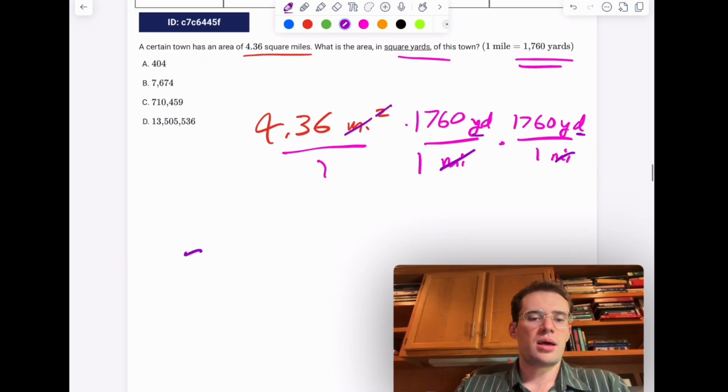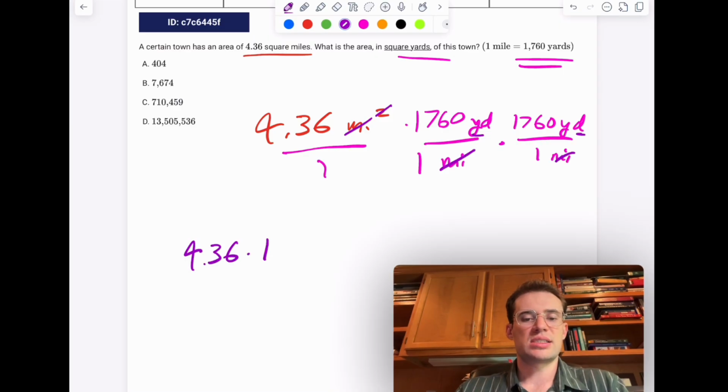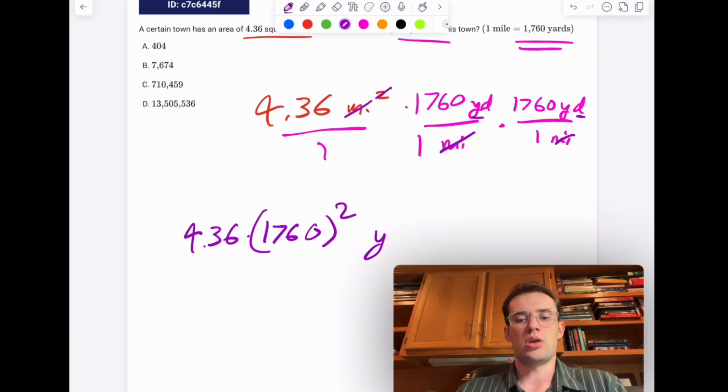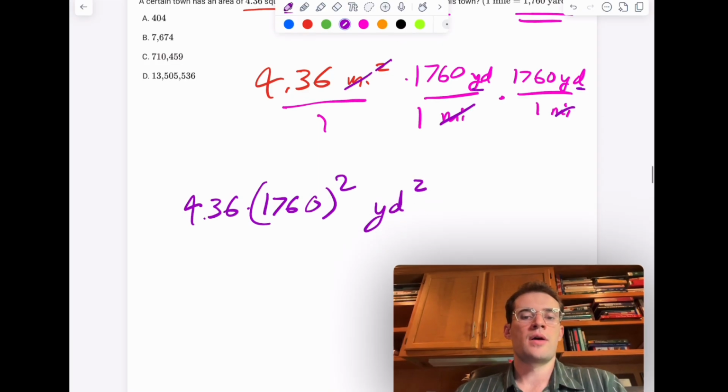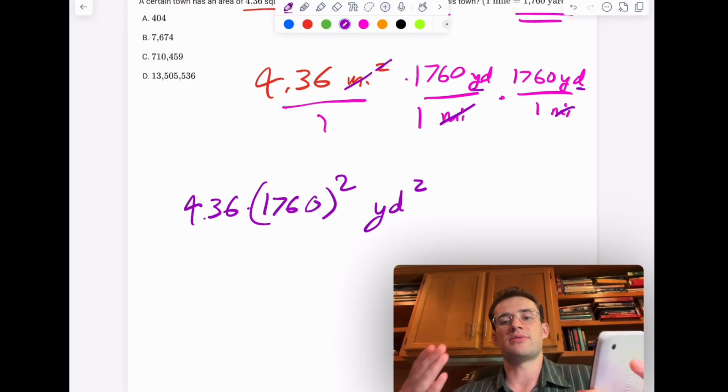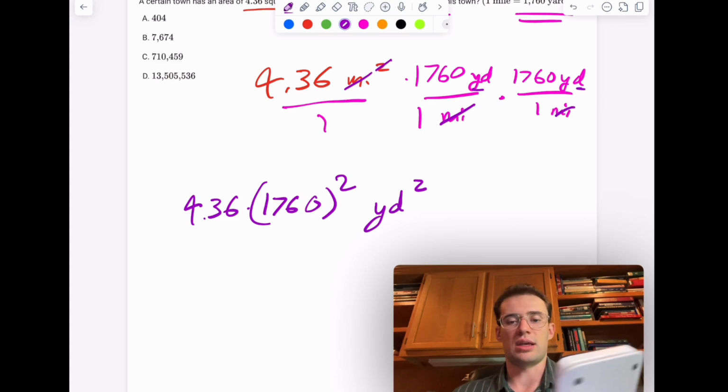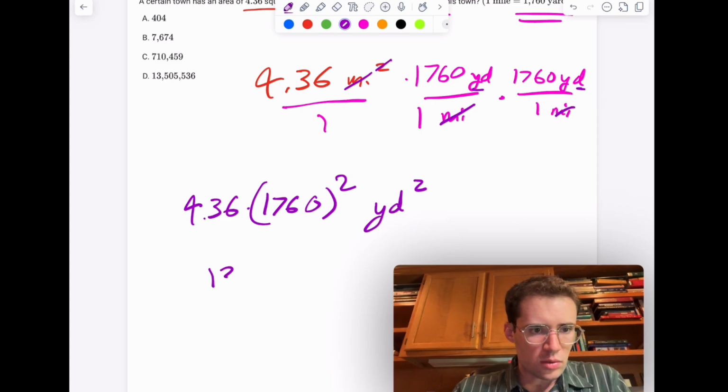Right? So we will end up with 4.36 times 1760 times 1760. We're going to write times 1760 squared. Yards times yards is yards squared. I'm just going to type this in my calculator. 4.36 times 1760 squared. I'm just squaring the 1760 part. Again, you could type times 1760 times 1760, will be the same thing. And that gives